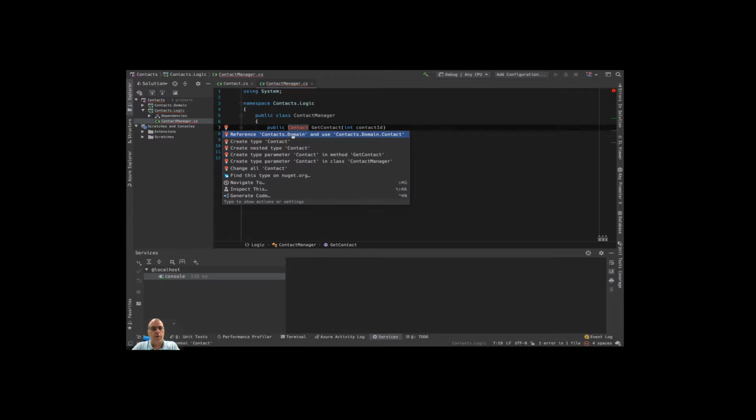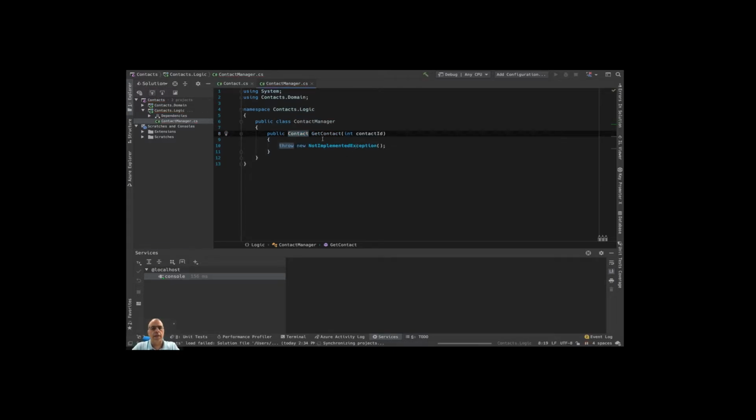This particular one tells me that I'm going to reference contacts.domain and use contacts.domain.contact, or I can create a new type, create a nested type, create parameters, etc. This is a cool feature that I like, the ability to search for it. So if you have some commonly used packages, which we'll probably cover in the next stream, it can automatically find it for you. So I'm going to do reference project,